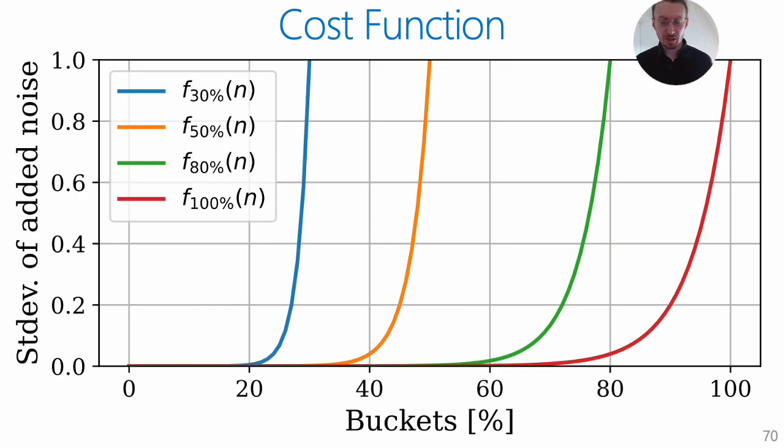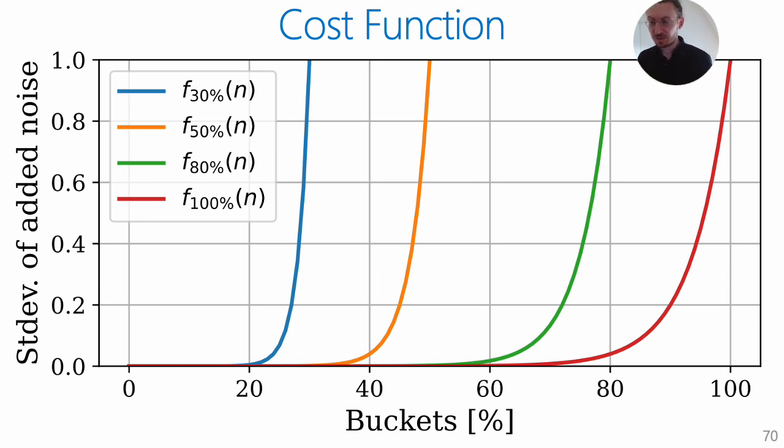Once we have the estimated coverage of the representation space, we map it to the cost of a query. We want the cost to be negligible for legitimate users and very high for attackers that want to steal the encoder. For example, when we focus on the blue line, we allow a user to cover up to 20% of the representation space without paying much cost. This is the flat part of the blue line from 0 to 20%. And then after that, the cost grows exponentially with a higher percentage of occupied buckets.